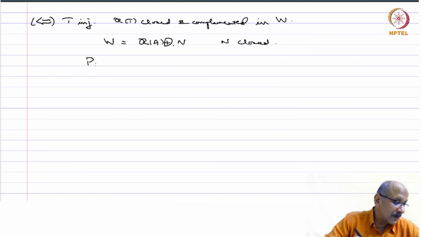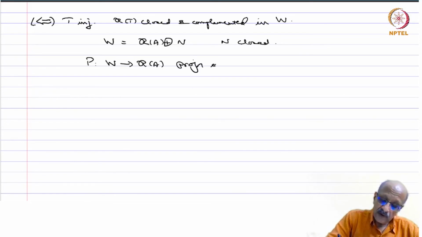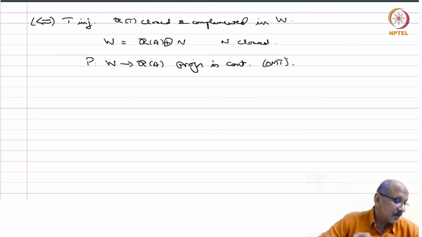Then by the open mapping theorem, we have that the projection from W to the range of T is continuous. This is a consequence of the open mapping theorem. We have already seen this. Okay. So now we want to define S of y. So you take y in W and you define S of y equals